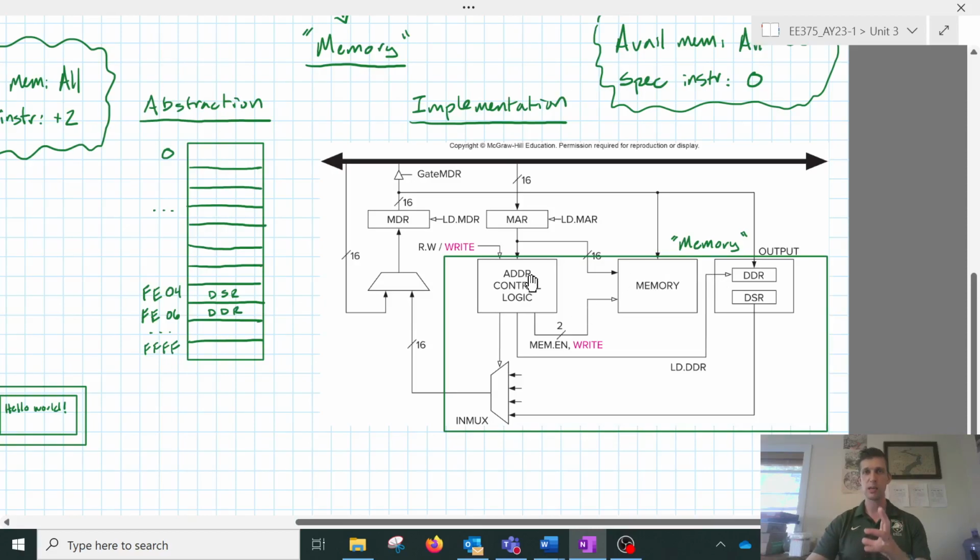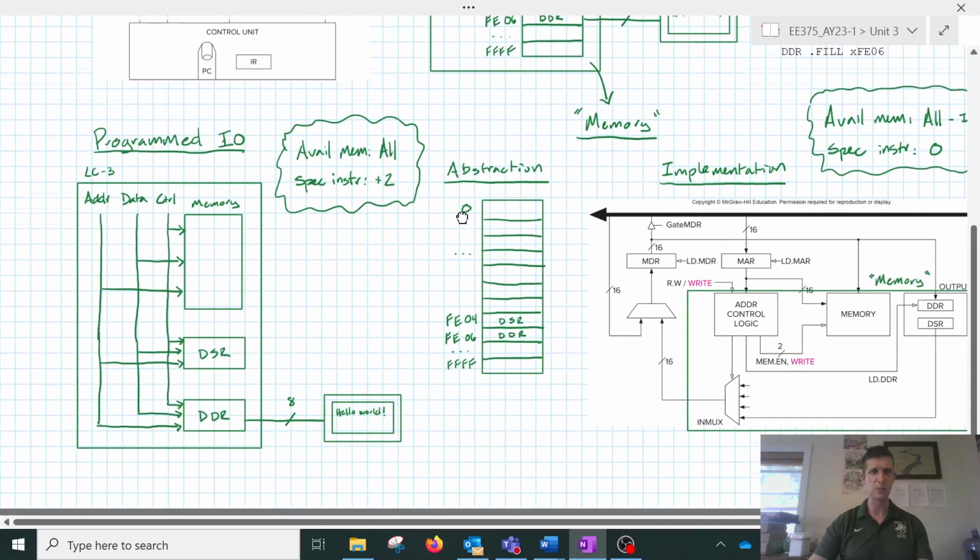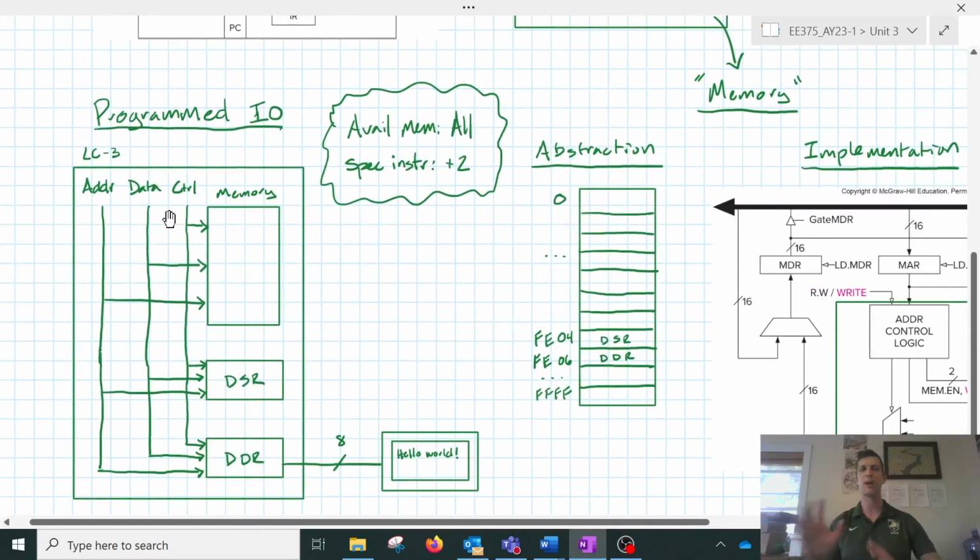But as long as we configure the control logic correctly, our processor can interact with everything inside this green box as if it were this abstraction, meaning we can read and write from memory addresses from 0 to FFFF, and we can do that successfully, and we know that FE04 and FE06 are registers that relate to our display output device. Okay, so then let's look now at something called programmed I/O, which is sort of the opposite of, well, I shouldn't say the opposite, but it's